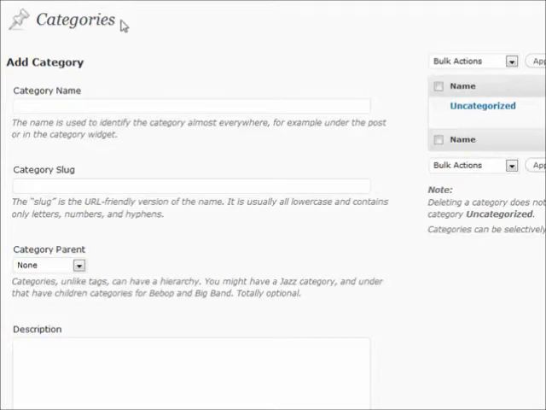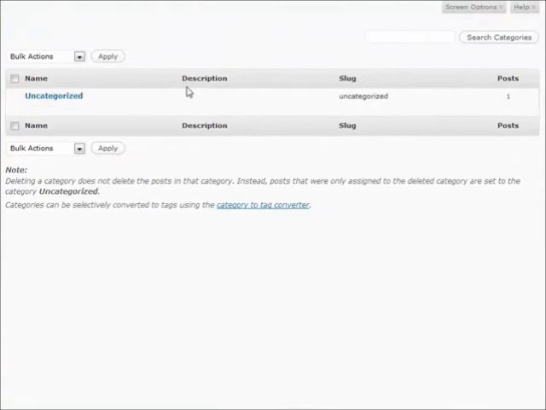One other thing that's a really useful option inside of categories is if you go to your category section and you can see the different options that are available, you can also see how many posts are in your category. So if you have something that's got a whole lot of posts in it, and then maybe a category that only has one or two, maybe you should take out that category and put it somewhere else. It's obviously not really doing what you want it to do. So this is kind of a nice little overview of exactly where the most of your blog content is basically being